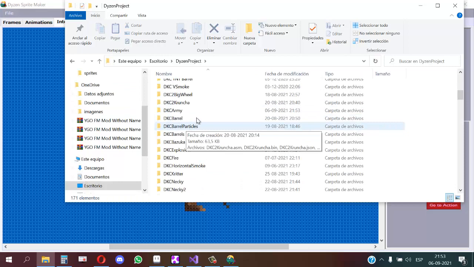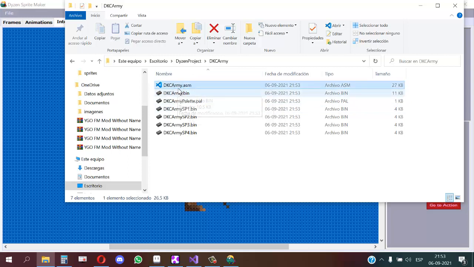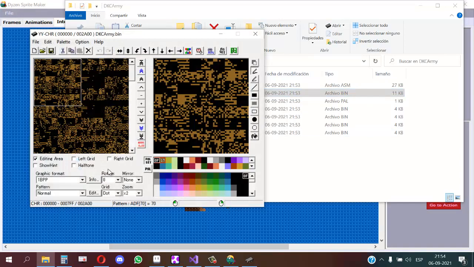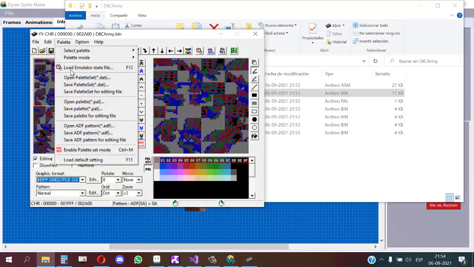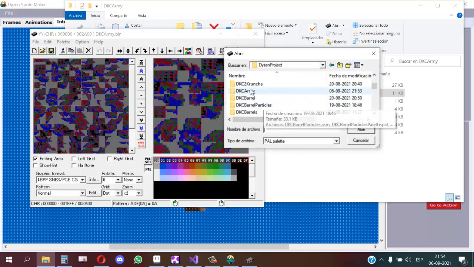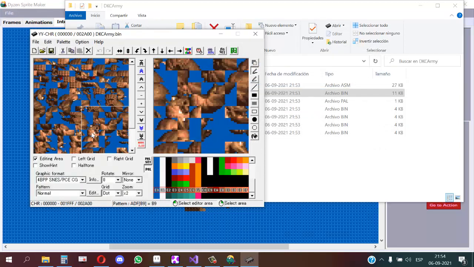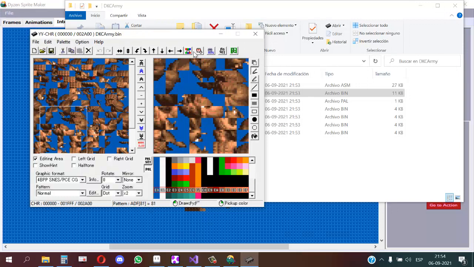Now we can see the sprite. Here we have the ASM file and also a bin file that has the GFX, also the palette and other GFX. Here we can see how the GFX of the dynamic sprites looks. I will load the palette to look at it better. As you can see, it's very compressed,